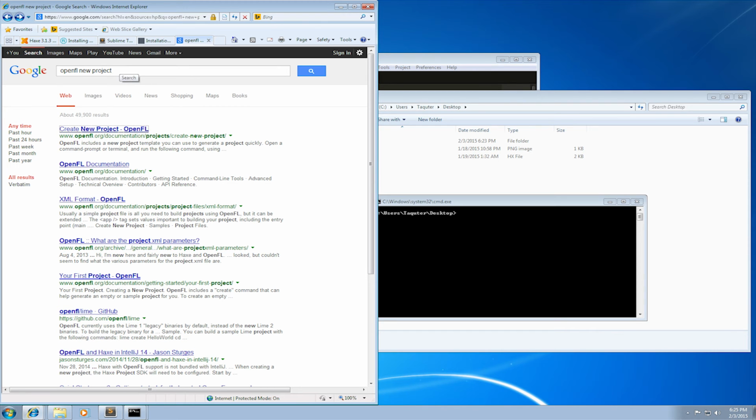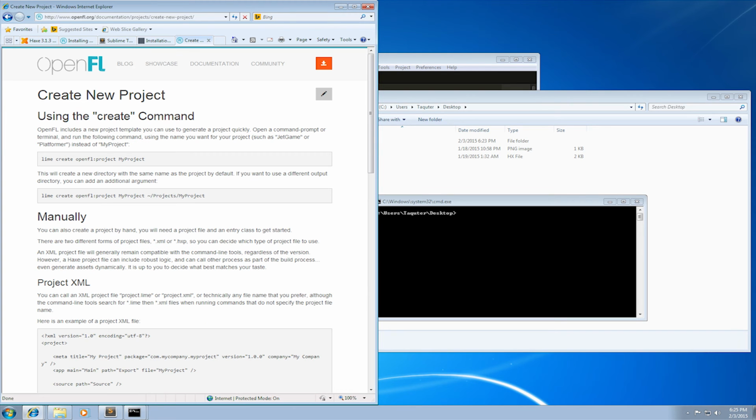If you want to look up this command, go to Google, type in OpenFL new project, and the first link. That's not an advertisement. So here we are, and you can see right here the command is lime create openfl:project, and then my project is the name of the project you're creating. So let's try it out. Lime create openfl:project,